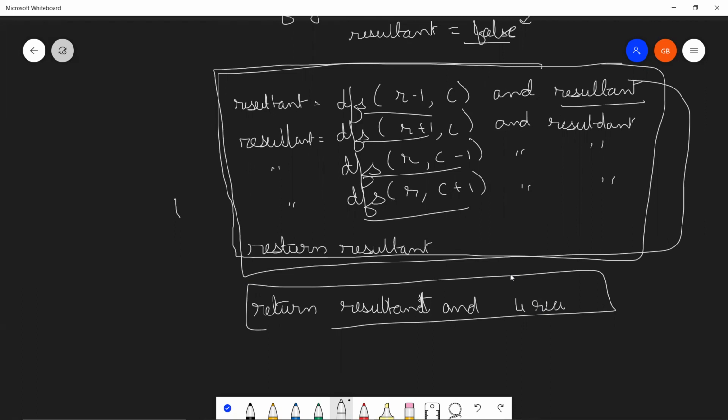So I hope the code was clear to you guys. I hope the explanation was clear. I hope that you didn't just jump to the pseudocode in the video and actually went onto a compiler and tried this out. So this is an excellent question. It's a very good example. It's a variation of a very famous question, number of islands in a matrix. And that's a very important question for interviews. So I hope this explanation made it clear. And if you guys need to revise, I would strongly advise you should go and revise that question of islands. That's a very important question for interviews.